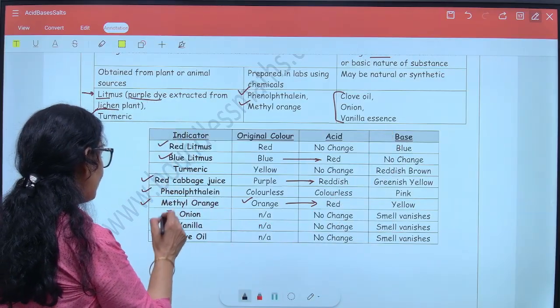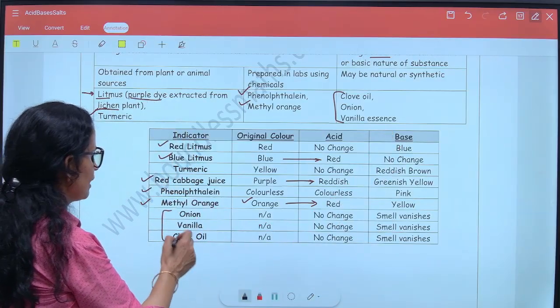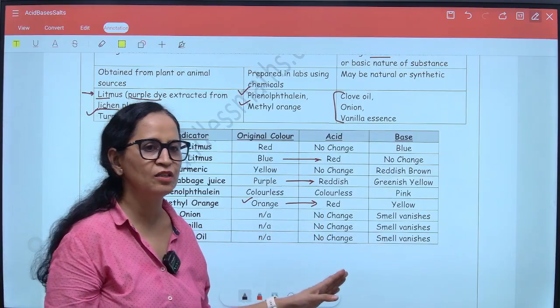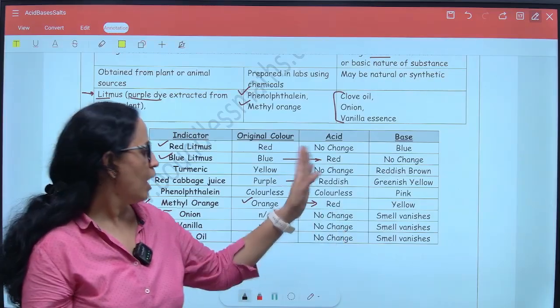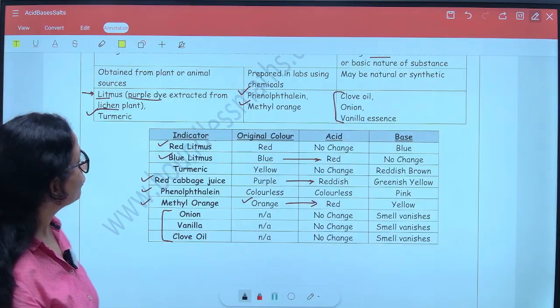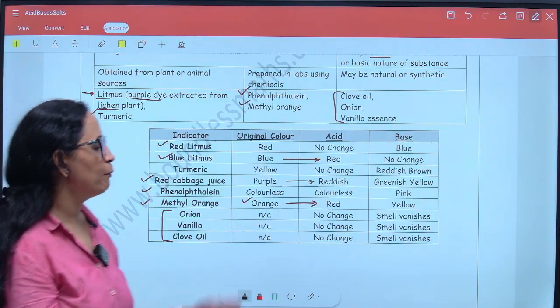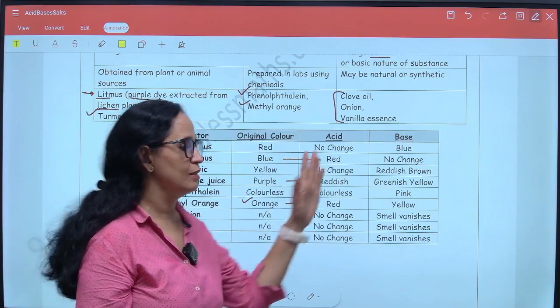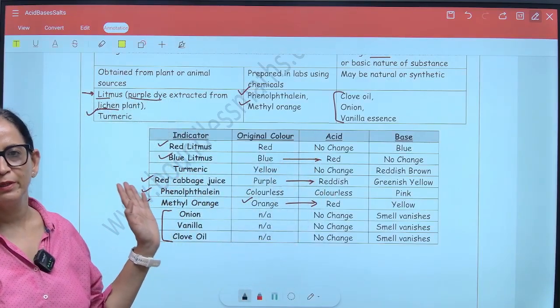Now these three olfactory indicators, onion, vanilla essence and clove oil, do not show any change with acids. However, their smell vanishes when used with bases. Now how do you learn this table? It is very important that you learn the change in colors shown here in this table, because the question would